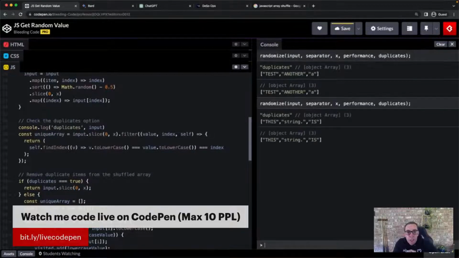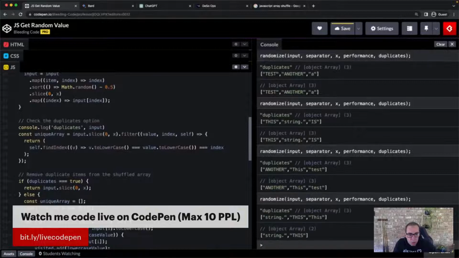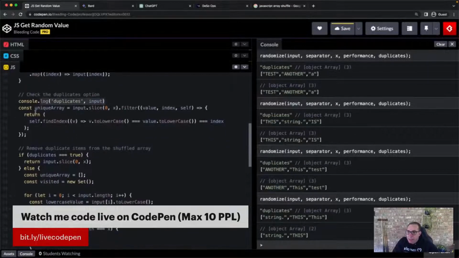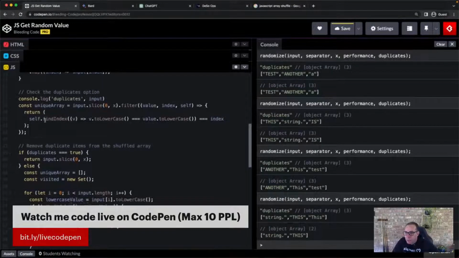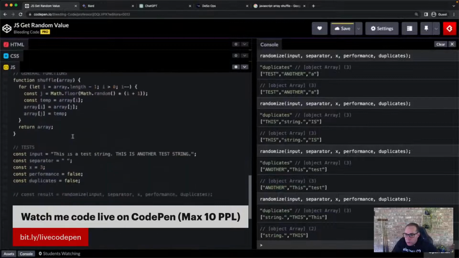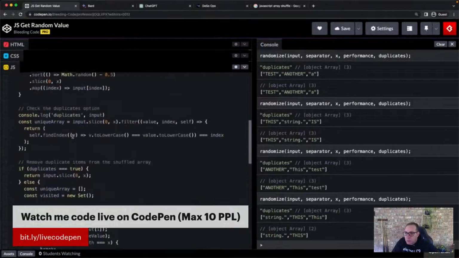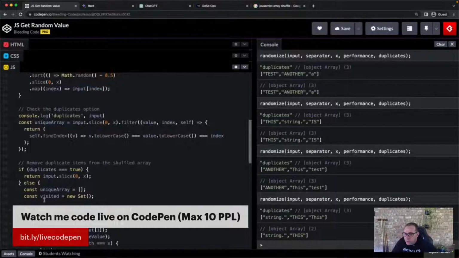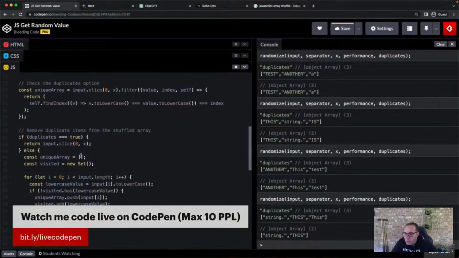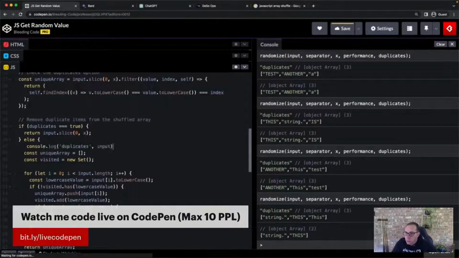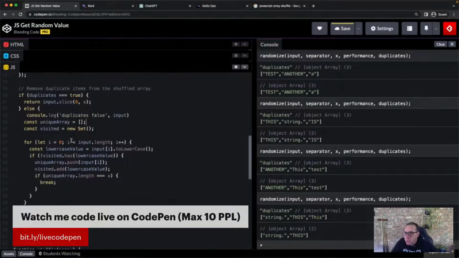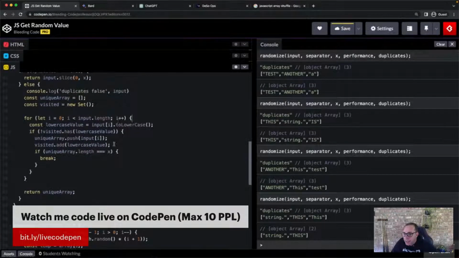Okay, it's already 3 values, but watch this. Here we go. It's 3 values when it's here, but somehow it becomes 2 values after whatever happens over here. So if duplicates is true... in this case, duplicates is false. So that means it's getting over here. And what we'll do now is we'll go here and do duplicates false, unique array, and then somehow